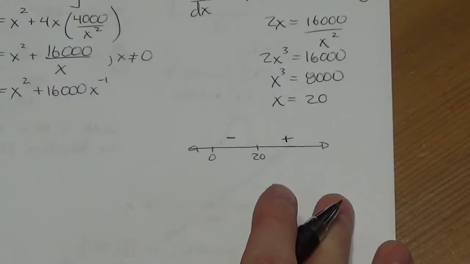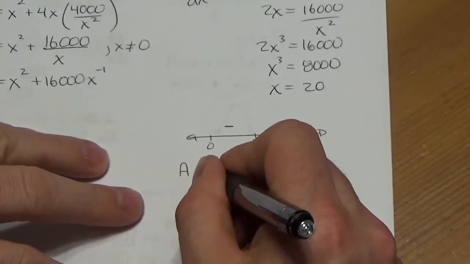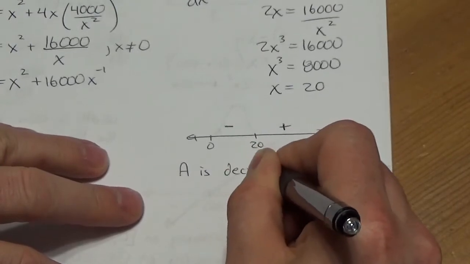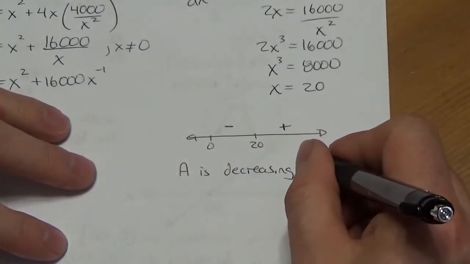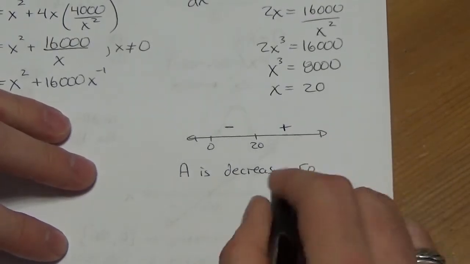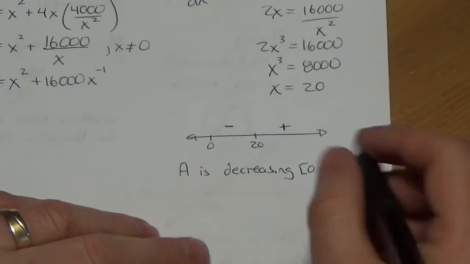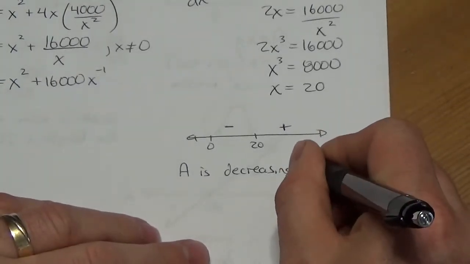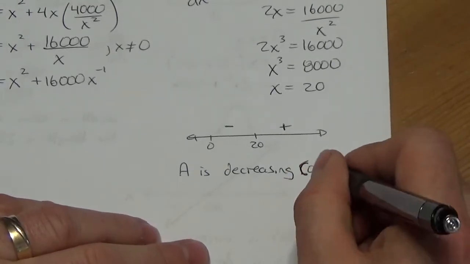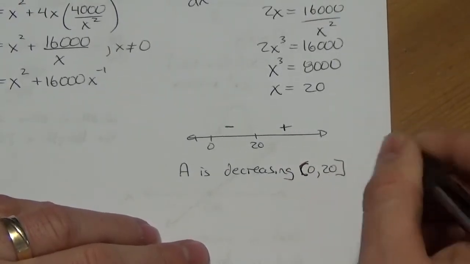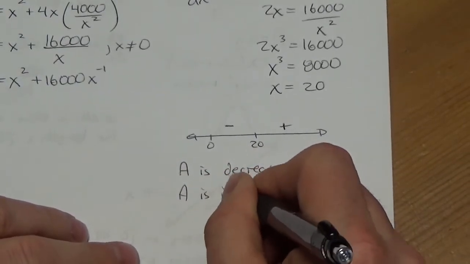So I know that my function, my area, is decreasing. Now that's going to decrease from 0, and I'm including 0, even though that's a ridiculous answer. Oh, sorry, I shouldn't even include 0. My mistake. From 0, because that's an asymptote, from 0 up to 20. And then A is increasing